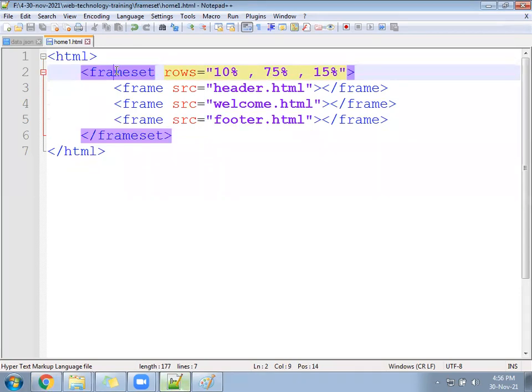You have not given any extension to your file. Save as. Go to the file. Save as button. Leave your .html. Not name set. We have given home one, right? Give home1.html.